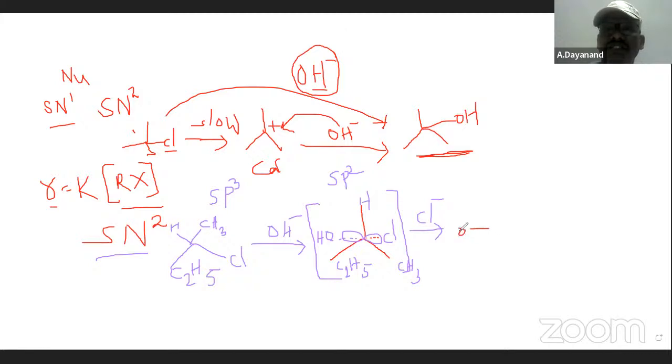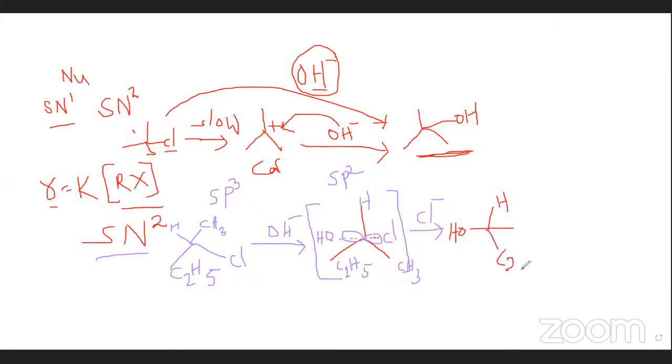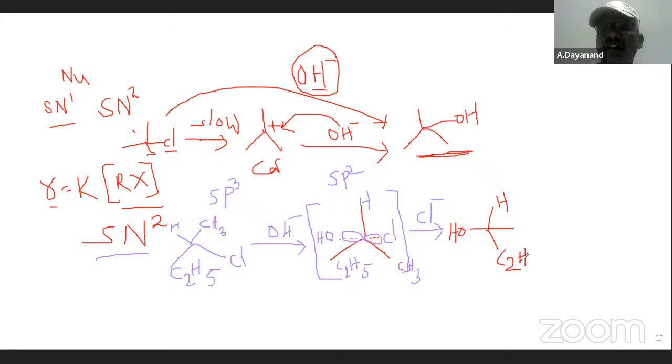OH is going to come on this side, and we have CH3 and C2H5 like this. This is called Walden inversion. Walden inversion is going to happen here. As I said, in the SN1 reaction a racemic mixture is formed, whereas in the SN2 reaction Walden inversion takes